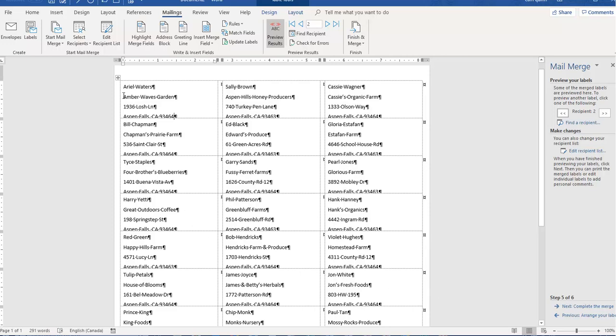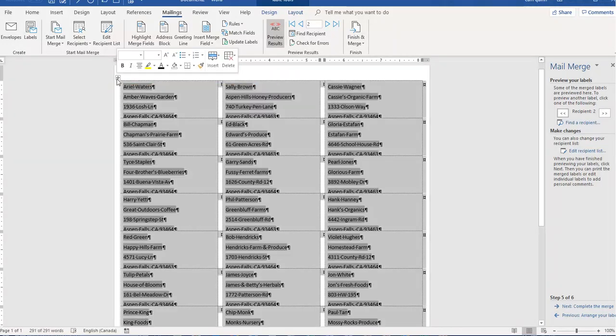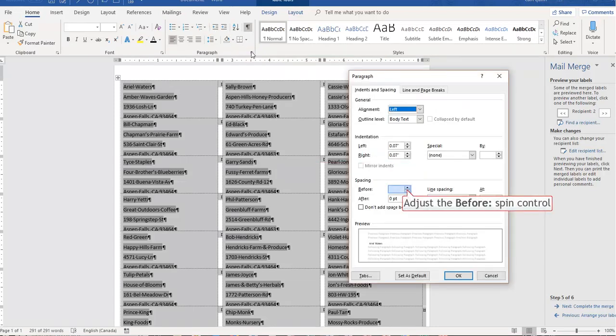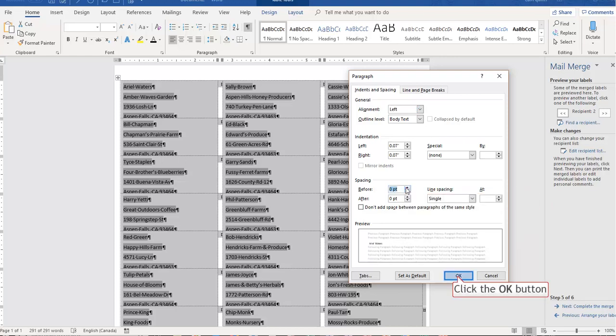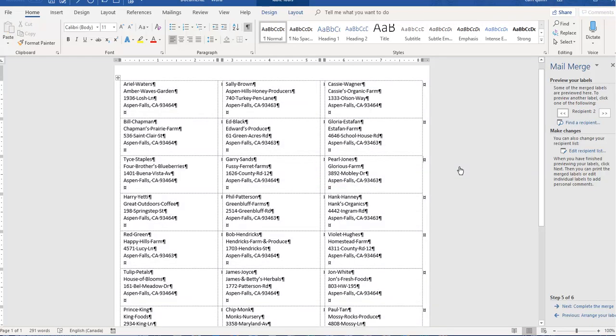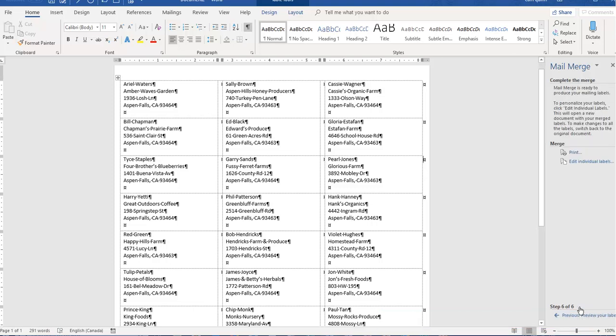I'm going to go into the Home tab. And again, you would have to play with it if you were doing it in real life, but in our case I know that if I set this to 0 and click OK, my labels will be fine. So now I can see all my labels. Again, you can preview and so on. Then I'm going to complete the merge, and I could do the same thing. If I knew my labels were correct, I could send them straight to the printer. If I wasn't sure, I can say edit individual letters, which will create a brand new document,